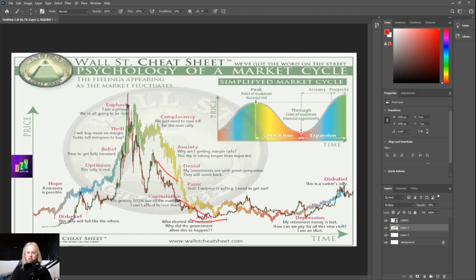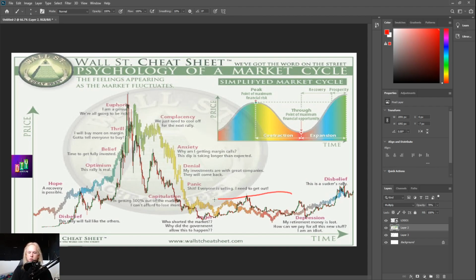We hit the lows of December. We retested those in COVID, but now we're actually rallying back up. And in fact, we're trending above support as we speak right now. So even though we could still go for one more leg lower, it's not going to change where we're at inside of this trend. And I personally believe that we're right here in this disbelief phase, because the disbelief phase is where nobody really thinks it's going to go back up again.